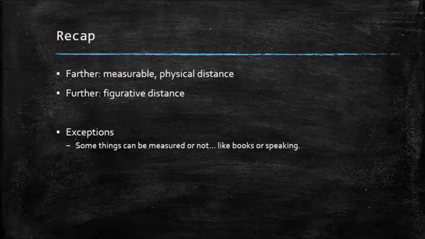So when we get to exceptions with these two, it's a little bit tricky. The big thing with exceptions is that most people in professional writing or informal writing don't really care. As long as you can't point to one specifically, you're all right. So for example, if I was talking about a book, if I said that I am farther along than you, that works because we can count how many pages ahead I am.